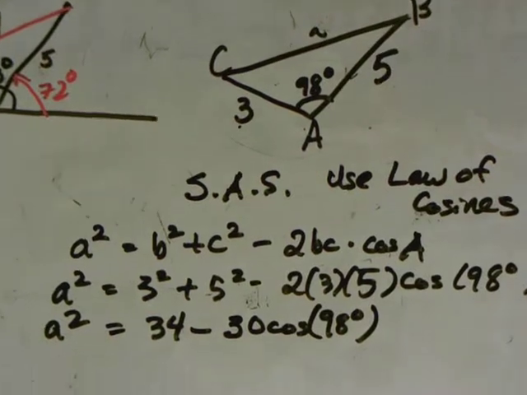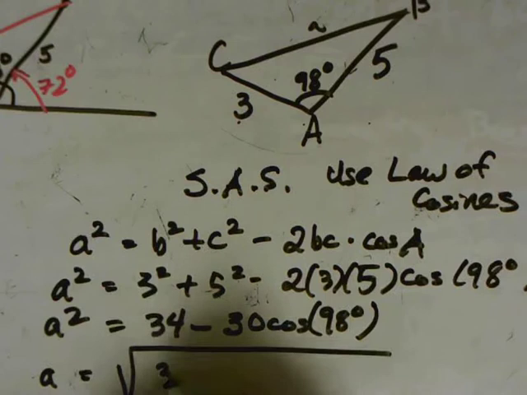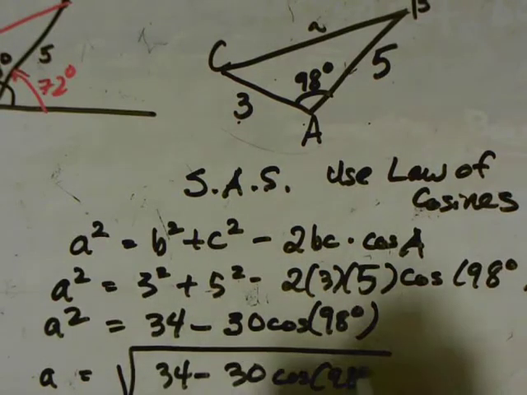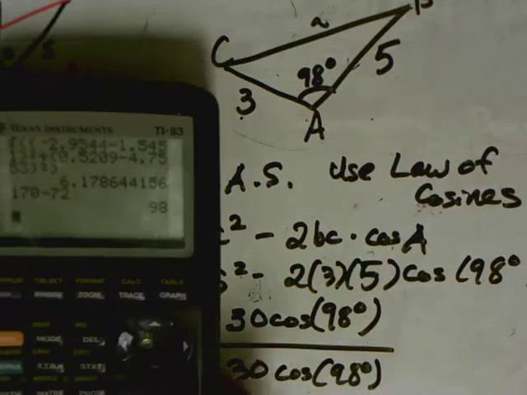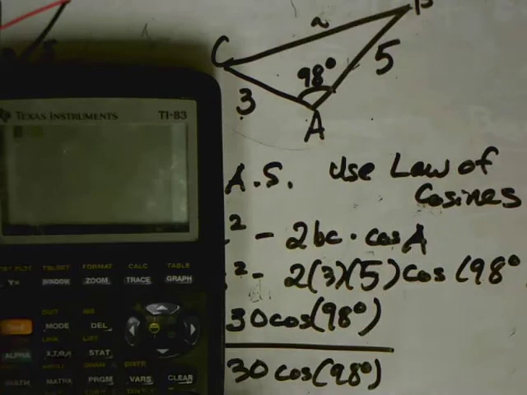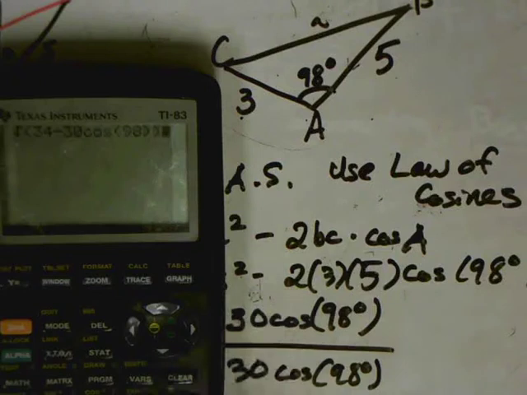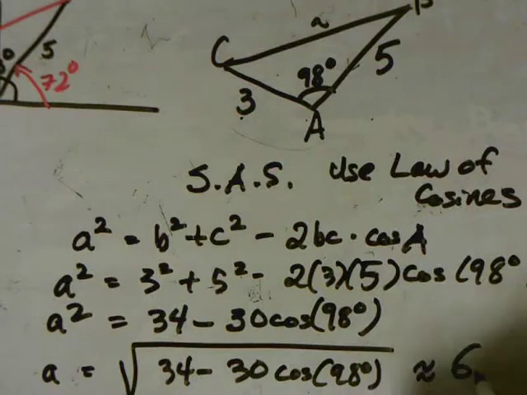And if I want to find A, I can just take the square root of the whole thing. So this is the square root of 34 minus 30 cosine of 98 degrees. Type that into my calculator. Square root of 34 minus 30 times the cosine of 98 degrees. And you can see that gives me approximately 6.179. So A is approximately 6.179 miles,